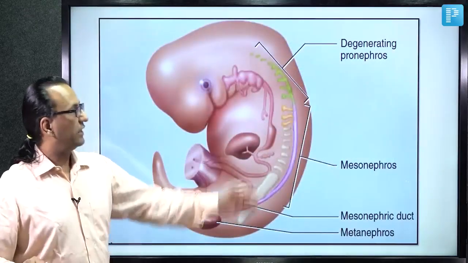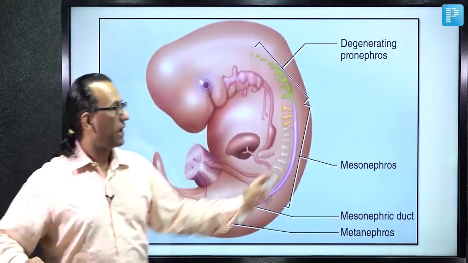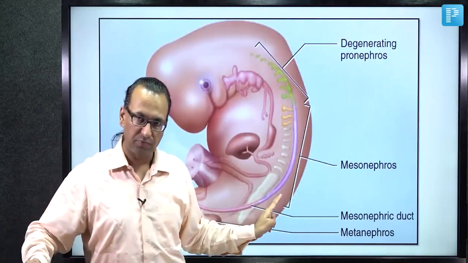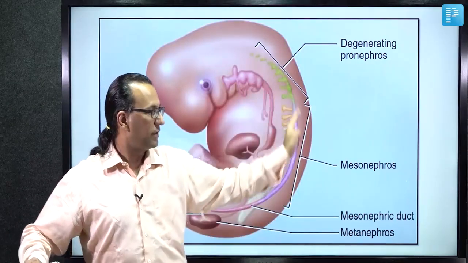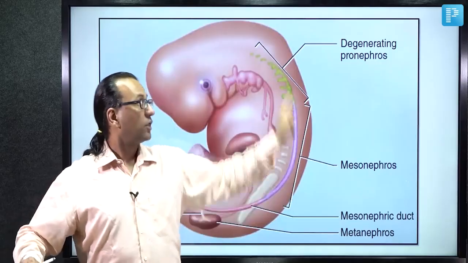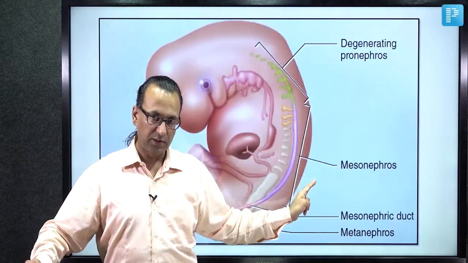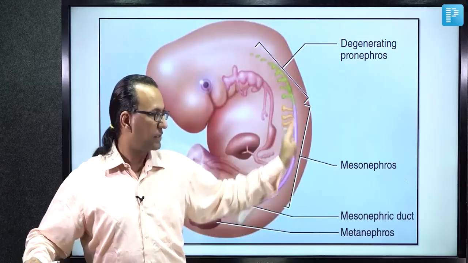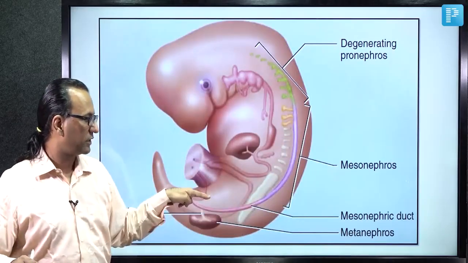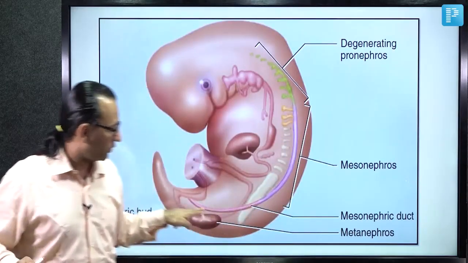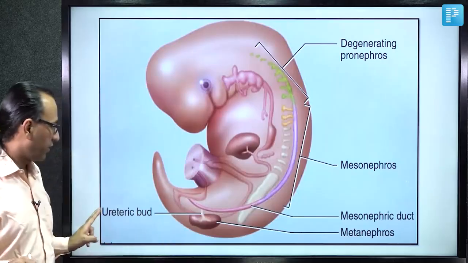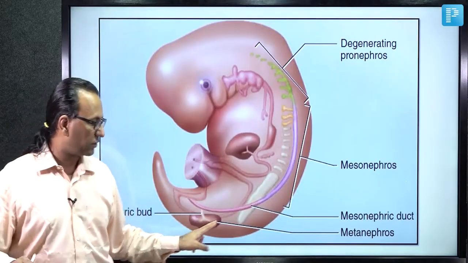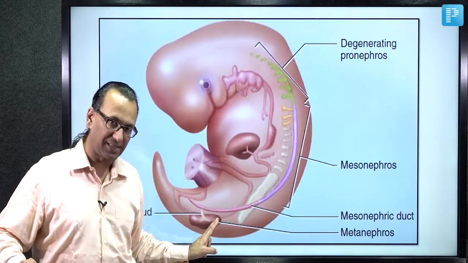Here we're looking at the side view of the developing baby, and you can again see pronephros, mesonephros, metanephros, which should have come from the intermediate mesoderm. But as we know, the pronephros and mesonephros are disappearing. Mesonephros will leave behind a duct on each side, that is the mesonephric duct, which is important because it is the one which is going to give us the ureteric bud. That ureteric bud is going to penetrate the metanephros, and then only the metanephros is going to form metanephric blastema